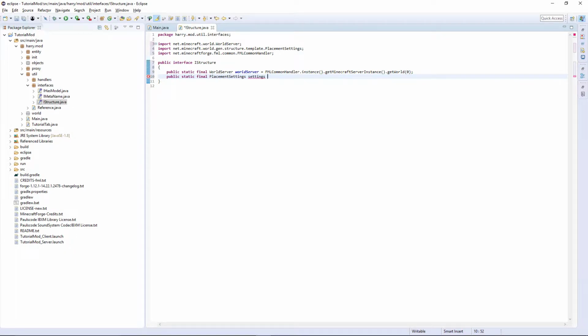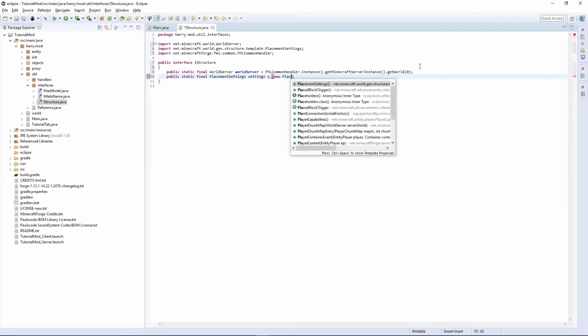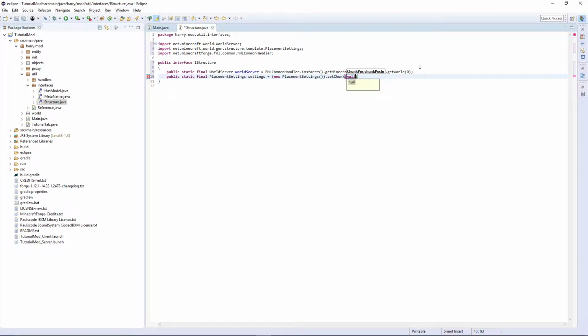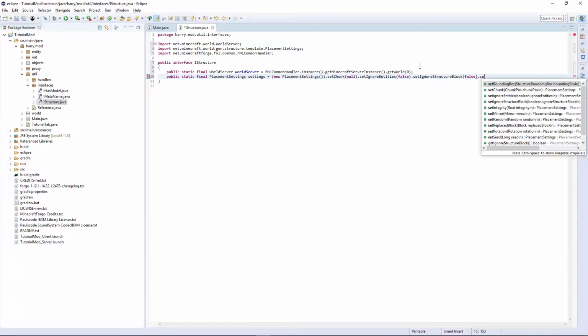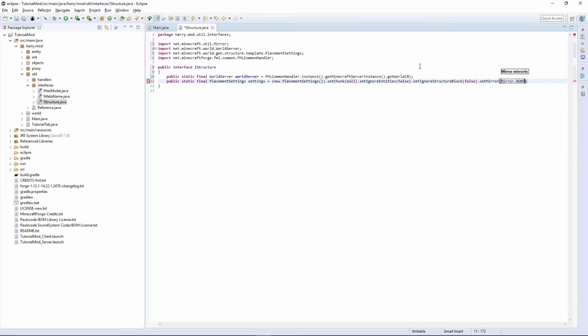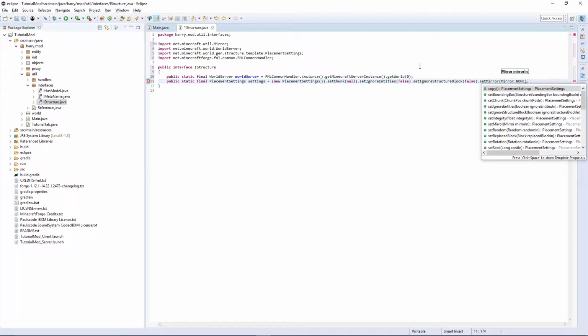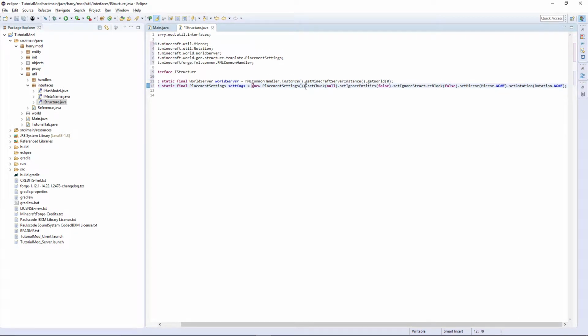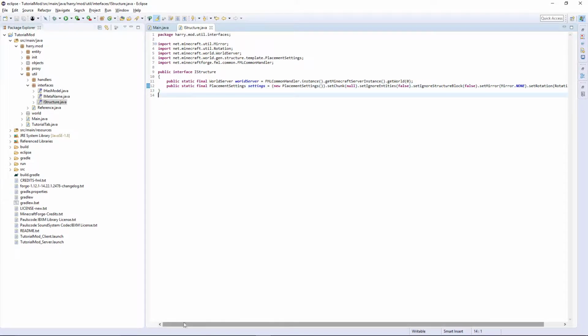Just call them settings, equals, then open bracket, new PlacementSettings, then out of all the brackets, dot setChunk to null, setIgnoreEntities to false, setIgnoreStructureBlock to false, setMirror to none, Mirror.NONE, and setRotation to none. These are the settings we'll always use. Anyway, that's the interface done, so give that a save,